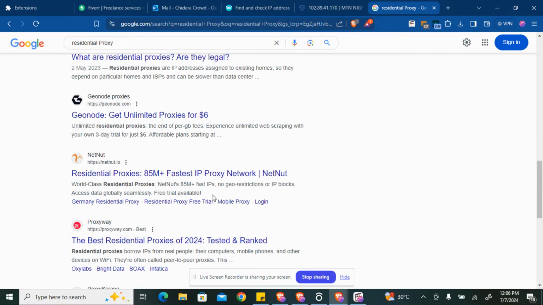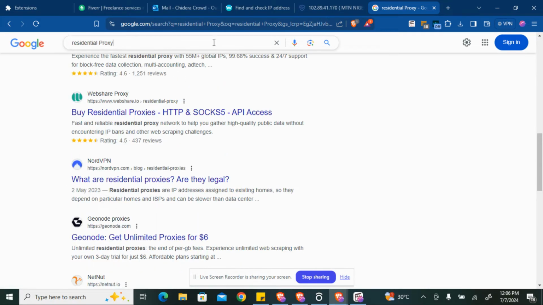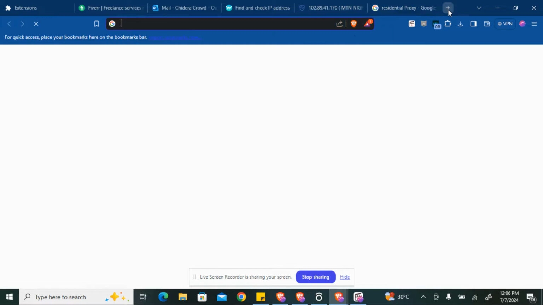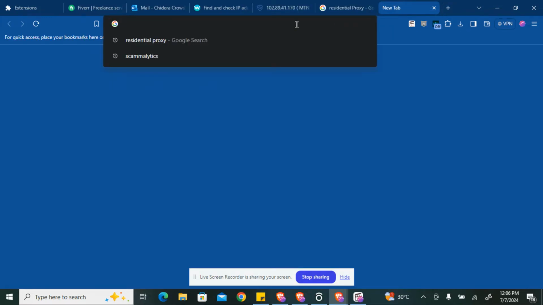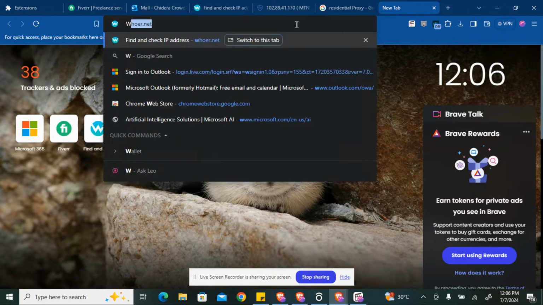You say buy. But we will be getting it for free here because we are not buying anything. You just want to use it to create an account. But if you have the money to purchase it, they are not that expensive. You can buy it. So to get this for free, you go to